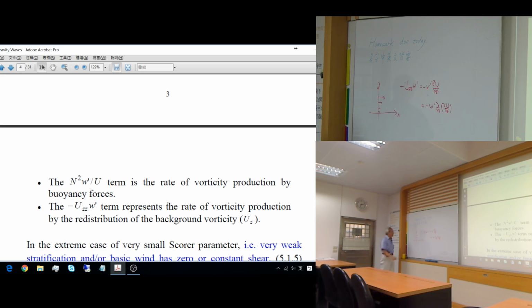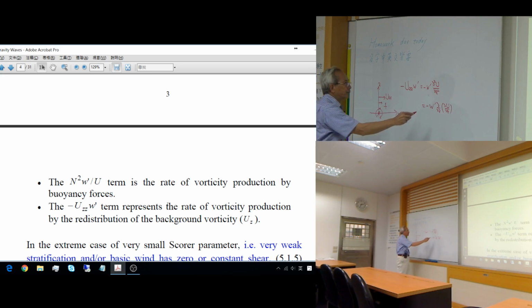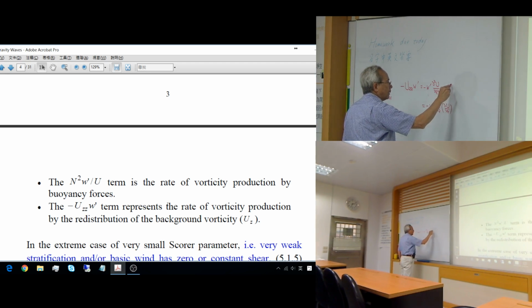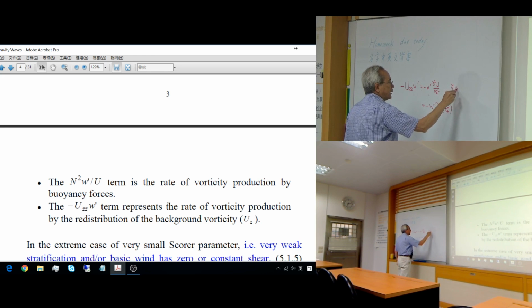Right. So this is U, capital U. Okay. So this is capital U, U of G. So what's the U dg? That produces the vorticity, right? Go this way. You put the leaves here, and that will turn this way, and that is into what direction? So this gives you Y vorticity,